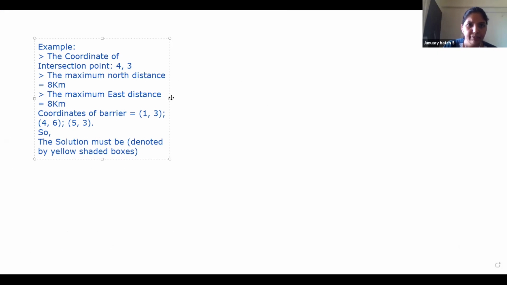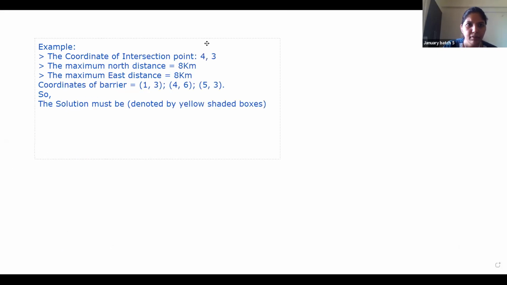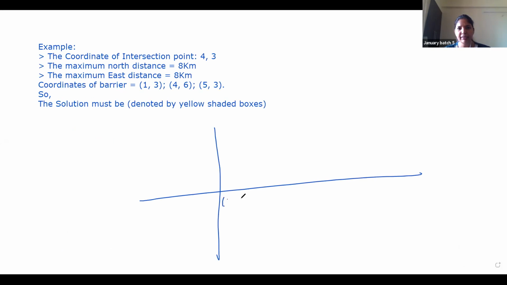So here let's say something will be like this. हम लोग एक 0 0 से बना लेते हैं. And now 4 3. So let's say this is 1, this is 2, this is 3, this is 4. And everything will be in units of 1 1 1. मतलब 1 1 का डिस्टेंस होगा. तो ये वाला हो गया पॉइंट